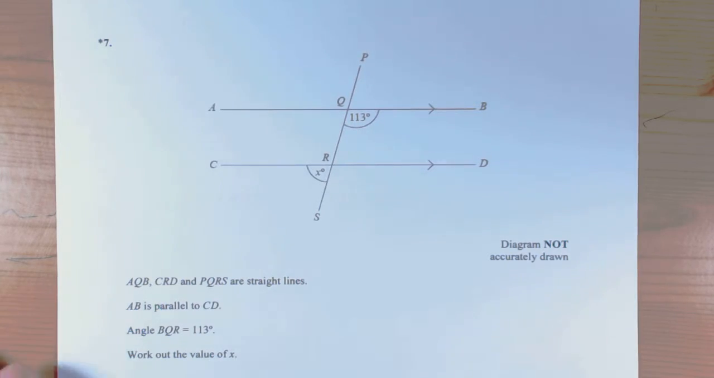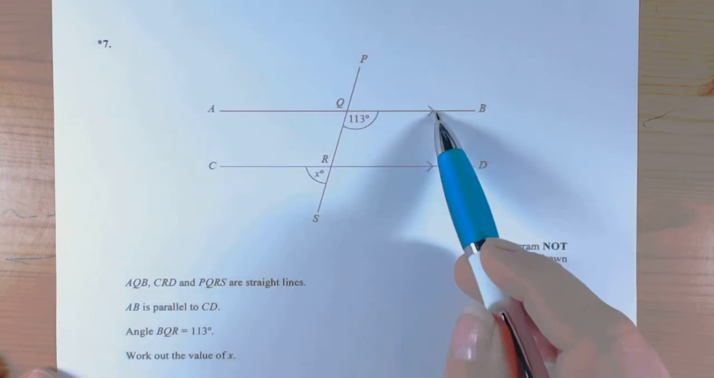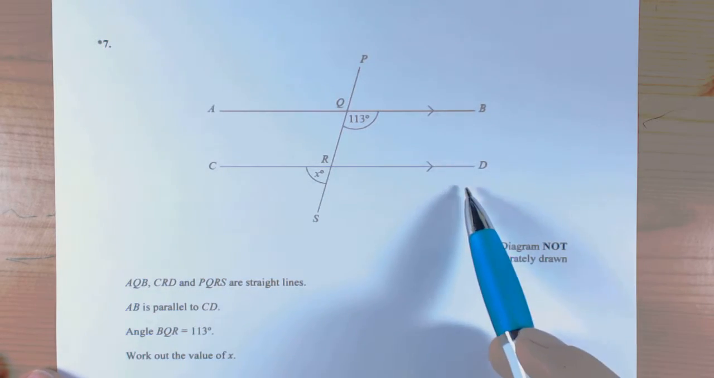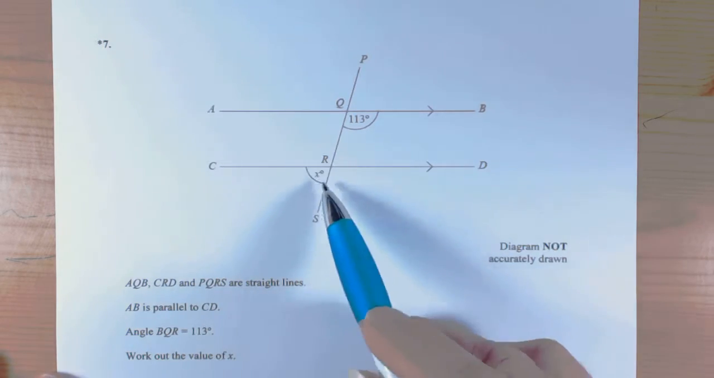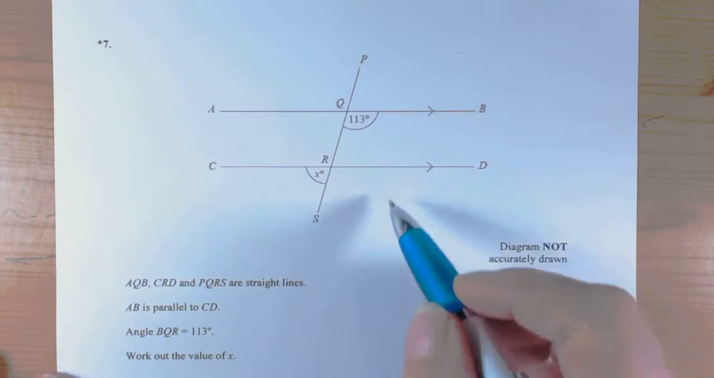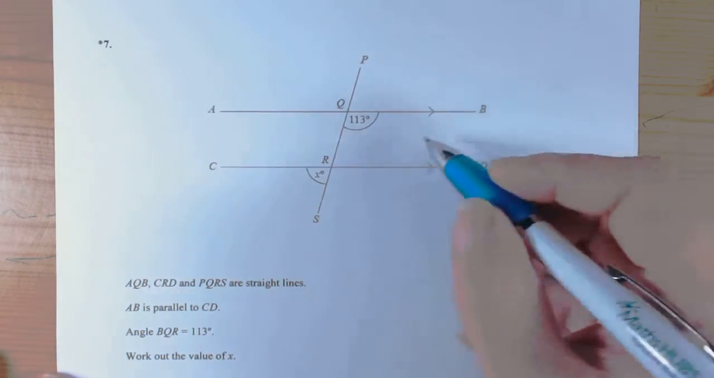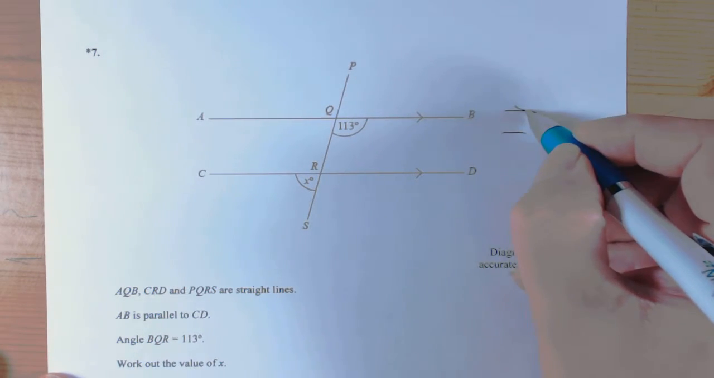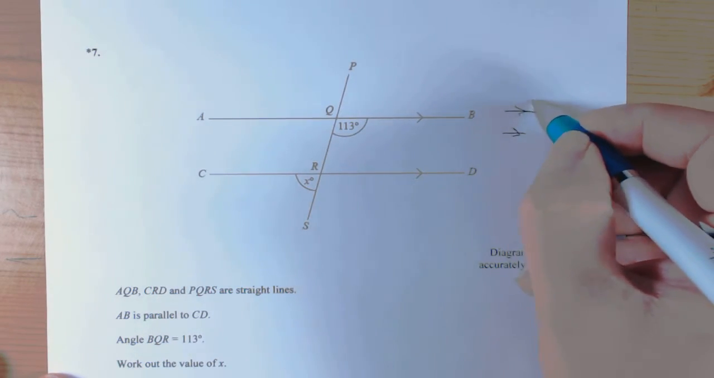Okay, so this question's giving you a picture involving some parallel lines, seen by the arrows on the lines AB and CD, and it's asking you to find the angle X. We have to think about what we know about parallel lines and angles. Well, we should remember the idea that when you have